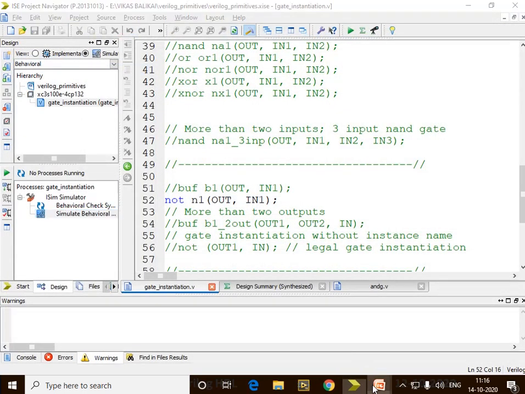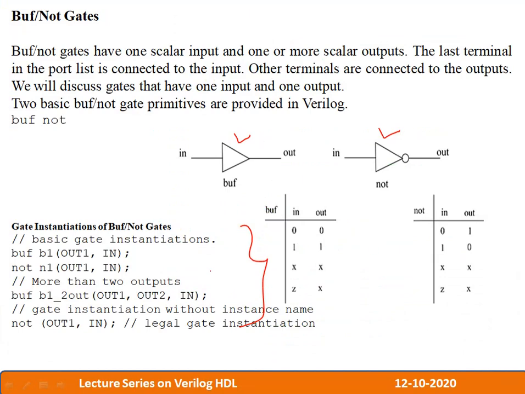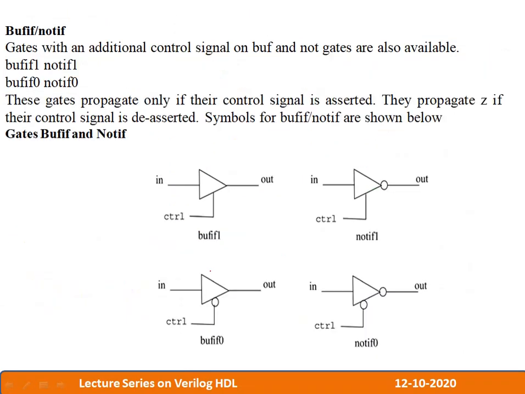Now, there is one more conditional NOT and buff gates that are present over here. That is your buff if and not if. So wherein your simple NOT gate and a buffer is coming out with one more terminal called the control signal. The only difference with respect to a simple NOT gate and a buffer is that it assigns a control. In the sense, if the control is not negated, then that condition is the if 1 condition. If the control is negated, that condition is the if 0 condition.